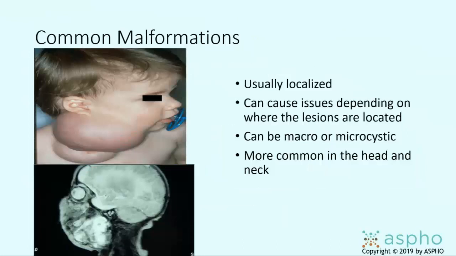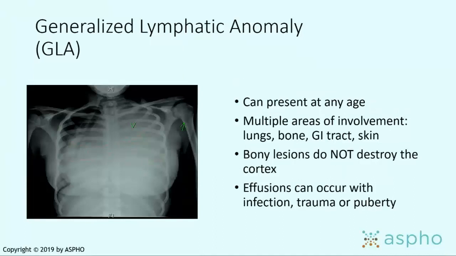We have simple ones, which are macro and microcystic lesions. We have more complicated lesions that can involve the bone, have effusions, involve soft tissue. Oncologists need to know about these because you might get a patient, this is a patient, a 16-year-old that came in with acute onset of shortness of breath, was seen in the emergency room and was seen to have this